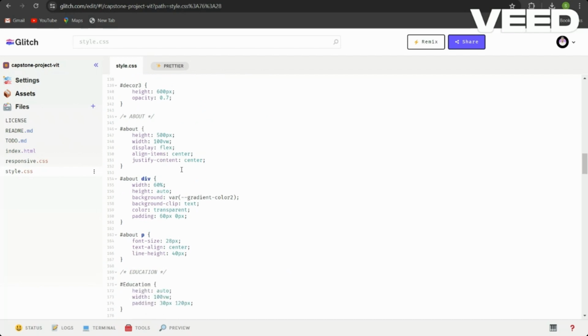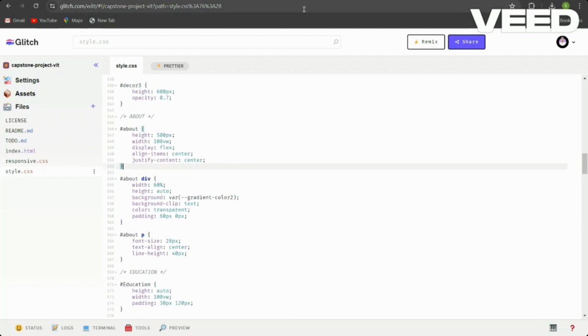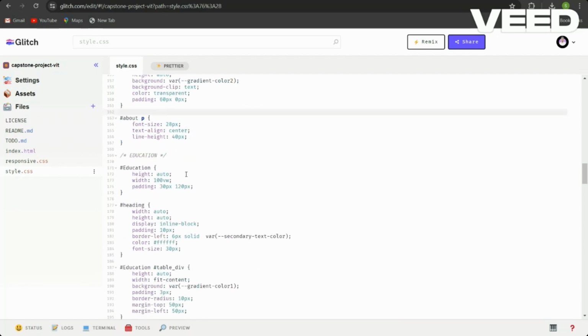Coming to the about section, I just gave the height as 500 pixels with 100 viewport width, display flex, align items center, and justify content center. I already said that I have created another div inside the about section to get that gradient texture. So this is the code for that particular div. And coming to the text, I just gave the font size as 28 pixels, text align center, and line height